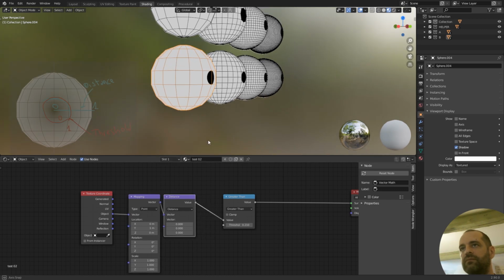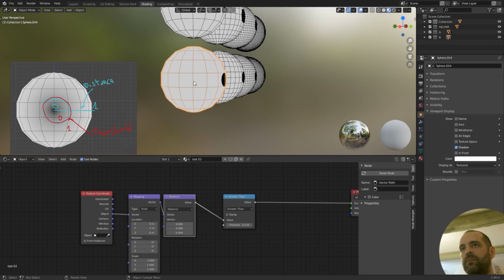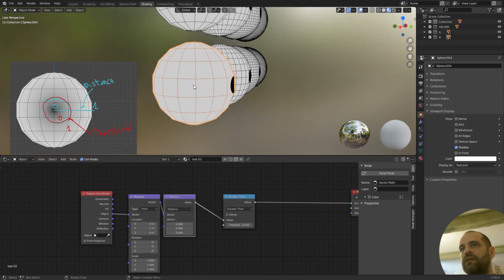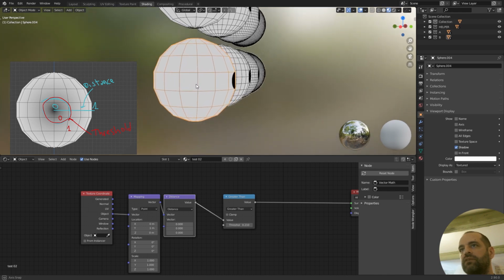Using distance, we create a scale that goes from the center of the sphere and grows to 1 on the border,